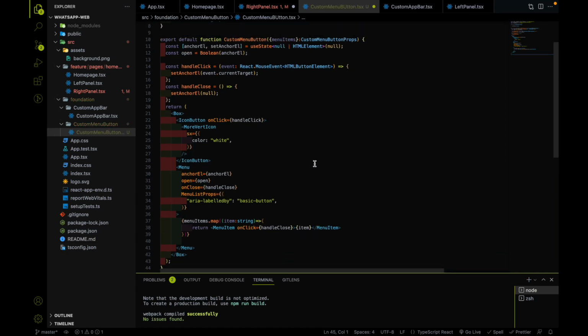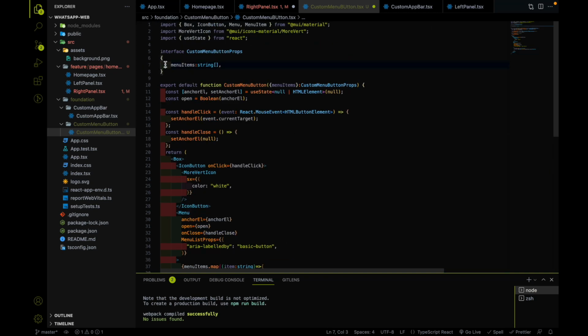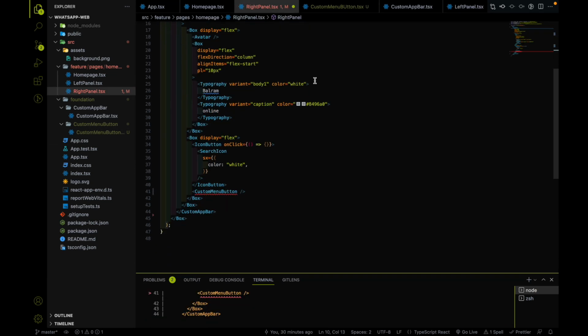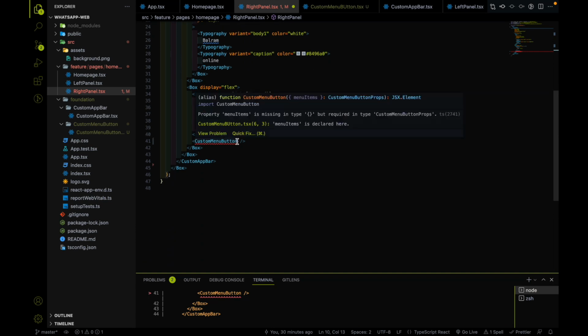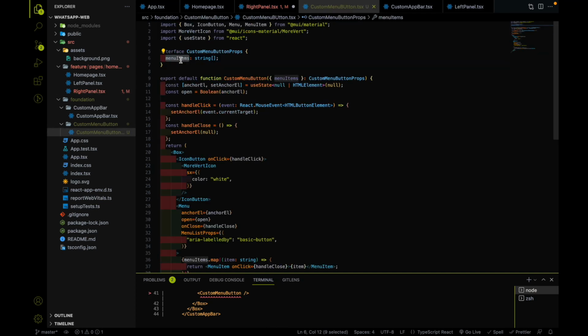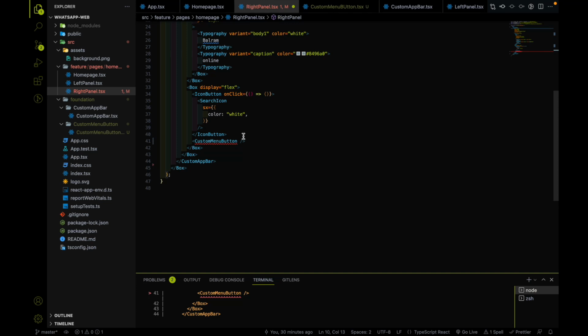on click, let's not bother about the on click. So whenever we use a custom menu button, we are asking for a menu item as a prop, which is mandatory. If I hit save and go to the right panel, you will find that the custom menu button is now throwing an error because we are using TypeScript and the prop we are asking for, menu item, is mandatory, and if you don't provide it, it will throw an error. So let's pass a set of array, and here what I will do is